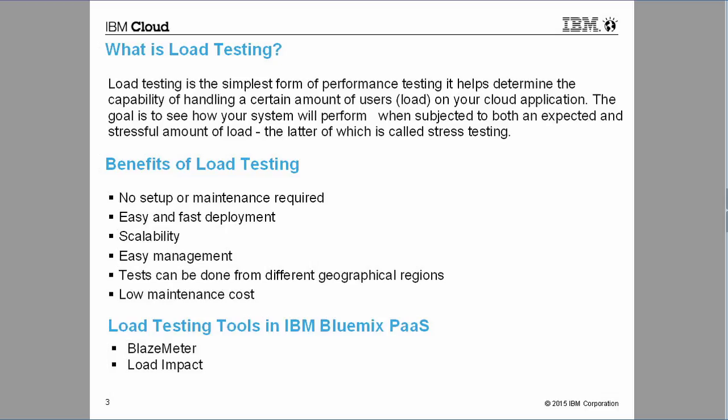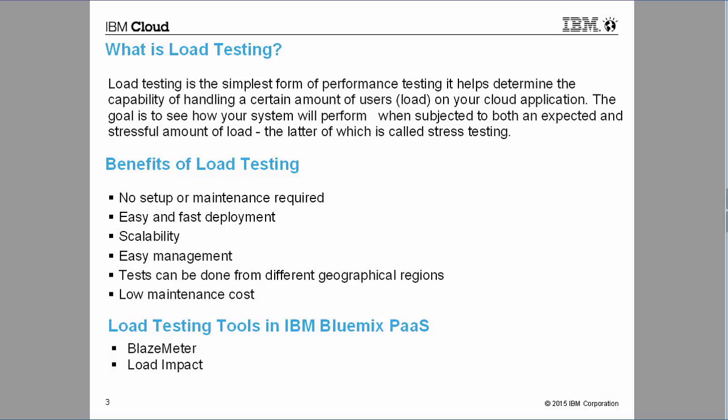What are the tools available in Bluemix for load testing? Basically, IBM Bluemix offers BlazeMeter and Load Impact tools for doing this load testing. The BlazeMeter service provides developers with an enterprise-grade, out-of-the-box load testing solution that's compatible with Apache JMeter. Similarly, Load Impact is a leading load testing tool with unlimited on-demand multiple geographic testing capabilities. Load Impact provides two tools for you to create a user scenario: via Google Chrome extensions or a proxy